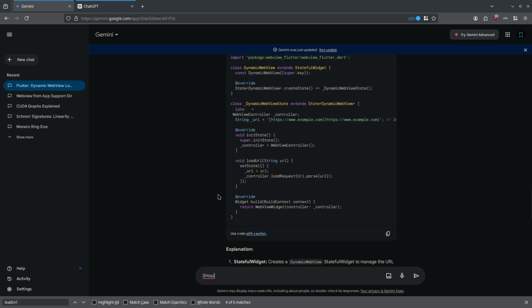Then I'll ask, should I call controller load request inside of setState, or is it better to do this? And then I'll just have this same implementation, except I'm going to close off